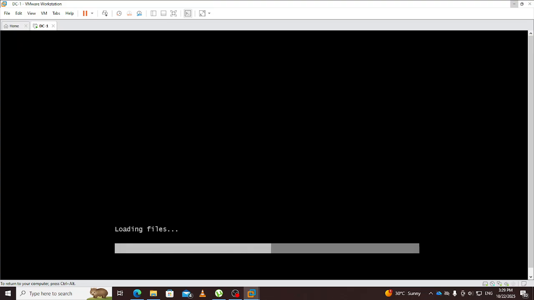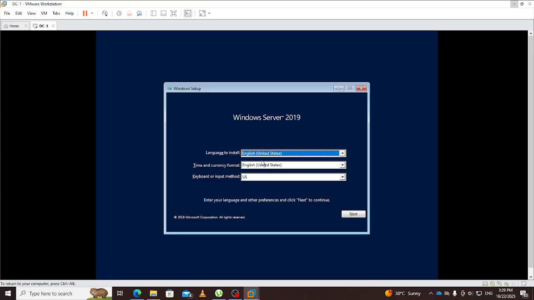So it's now loading, so we wait for it to load. We have the Windows logo displaying, so we wait. Okay, so we have the first screen of the installation. We have the language setting, so I will not change anything from this side. We'll move to next,